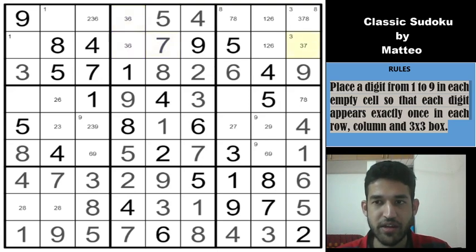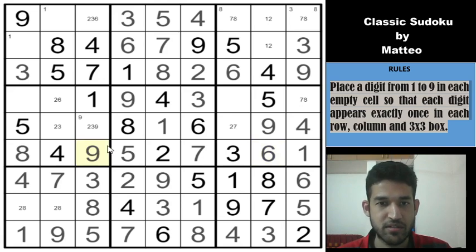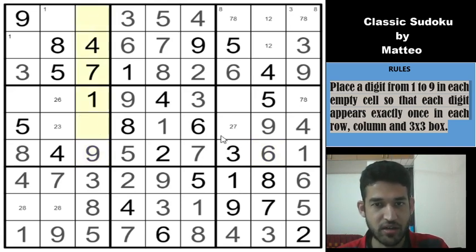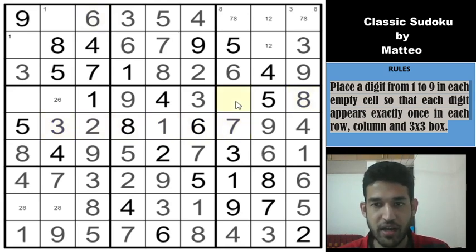And there is a 7 here, so which means this is a 3, this is a 6, this is a 3, and this cell is not a 3, this is 7 or 8. So I have a 7-8 pair, which means these two cells must be 1 and 2, and that gives a 9 here, a 6 here, and a 9 here. And remaining cells in column 3 are 2 and 6. So this is not a 6, so this must be a 2, this must be a 6, and this 2 gives a 3 here, a 7 here, an 8 here, and 2 here.